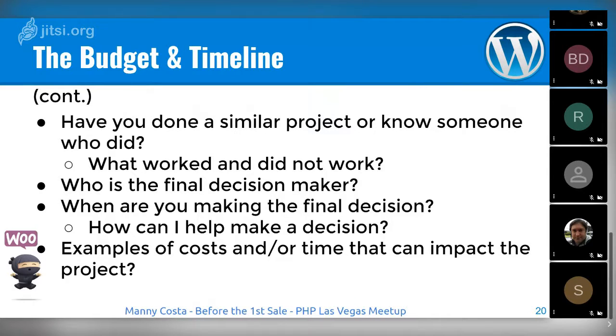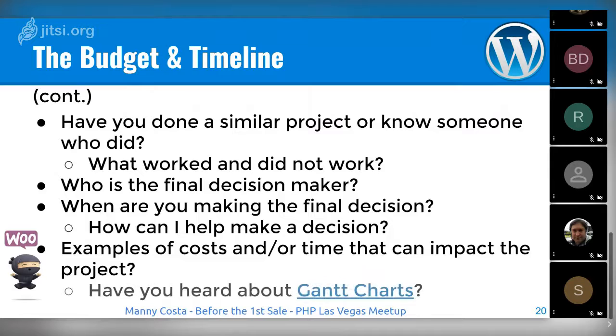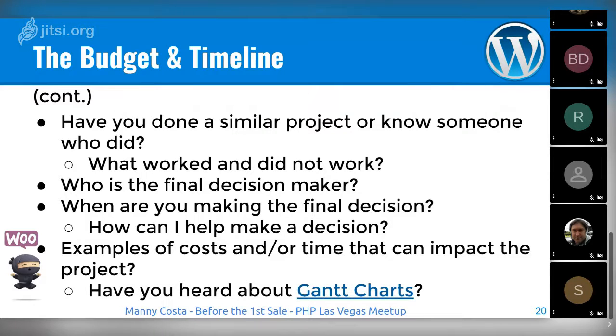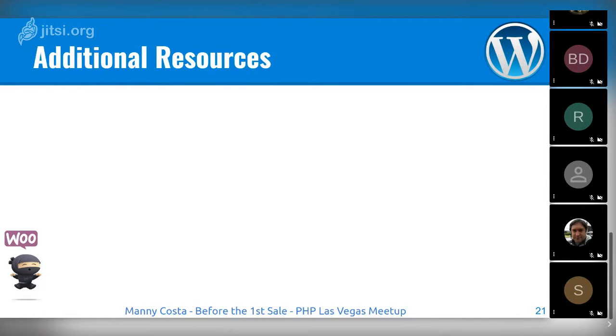Examples of cost and time that impact the project. So if they have examples of cost and time that can impact the project, I can also give them examples of this too. And also interesting to have Gantt charts. This is a really interesting tool, Gantt charts, if you can do this and use that in your project. But